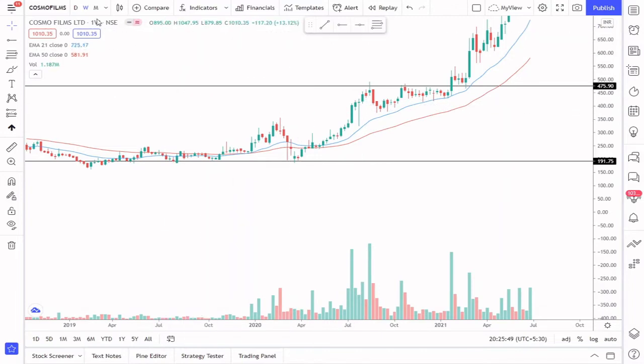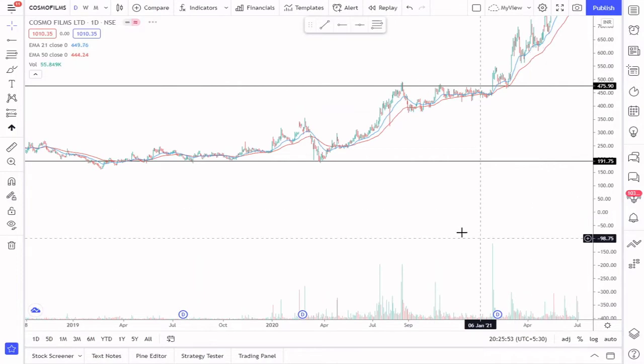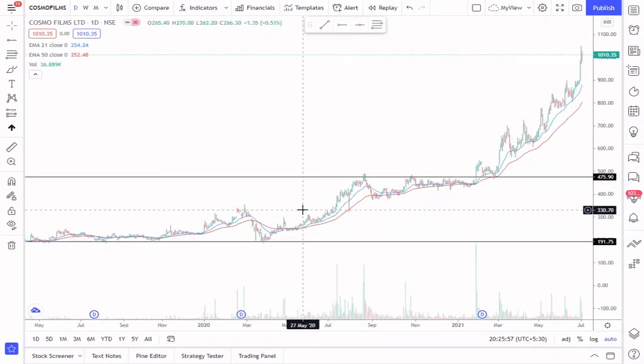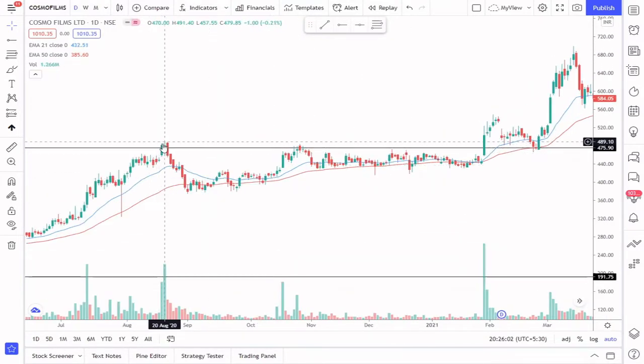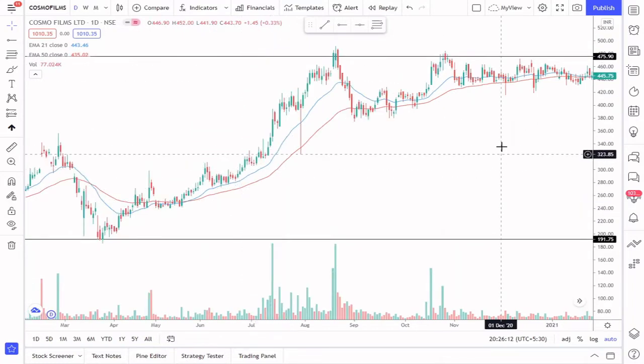So now let's move to the daily time frame, because I've switched to the daily time frame for entering into the stock. As you can see, these are the levels. This is the level at which it started to correct. This is where the formation of the cup completed, right? And see the volumes, huge. And let me show you one thing: